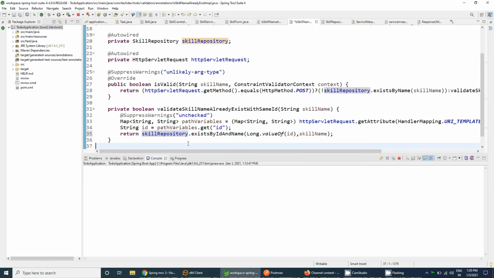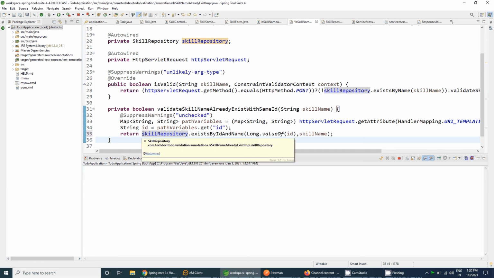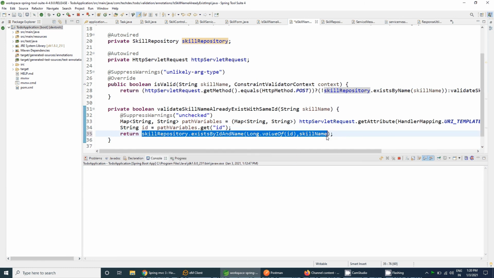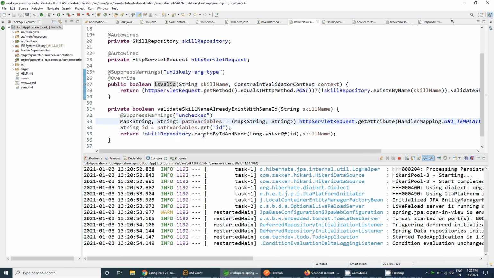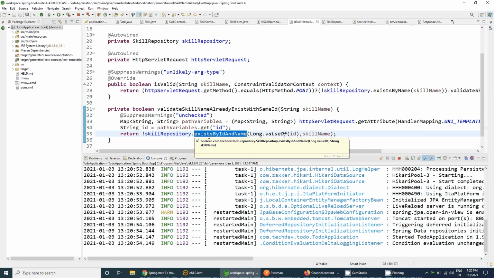Okay. So the mistake we have made is that we are returning this directly, instead of it should be like this. Because we are saying is valid, it means the validation will be okay if exists by ID and name does not occur at the same time.